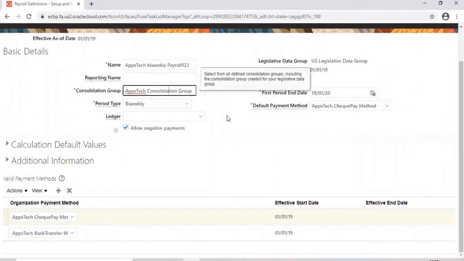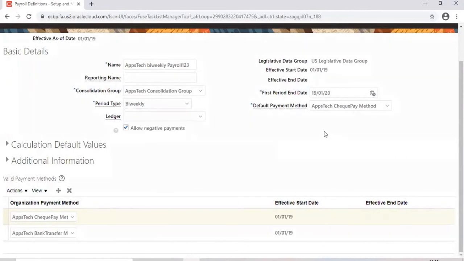Okay. Any questions on this page? Yes, Srini, please. Yeah, go ahead. Okay, for one employee, can we say that 70% we want to pay by bank transfer and 30% by check? Is it possible? We can. I'm going to show it in the transactions.